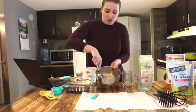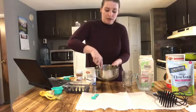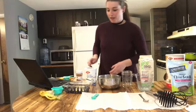There you go. It's going to look soupy and runny and just all kinds of beautiful. Alright, so once we mash that in there, we're all good. You can put your fork aside. Next up